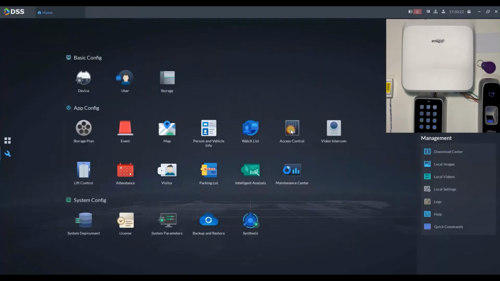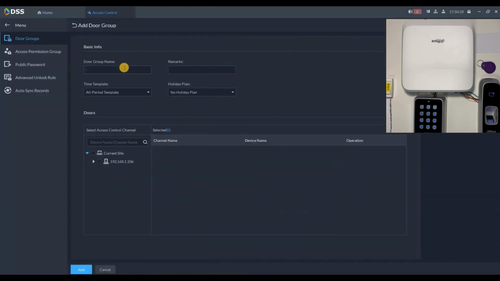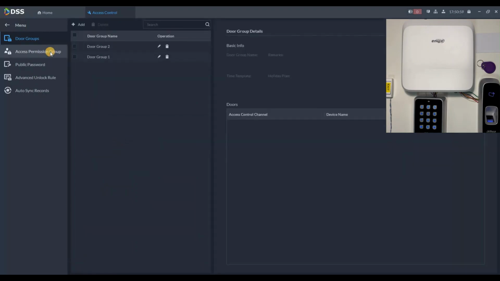Now we can go to access control configuration and we need to set up door groups. We'll add the first door group. We'll name it door group 1, and we add one door to this group. We set up another door group, 2, and we can also set up a time template here and a holiday plan and some remarks, for example test. To the second door group we add both of these doors, click on add, and now we can move to